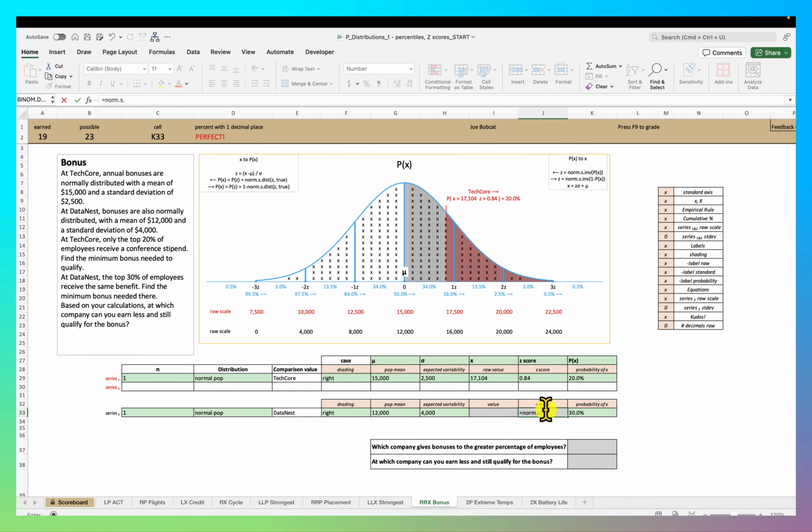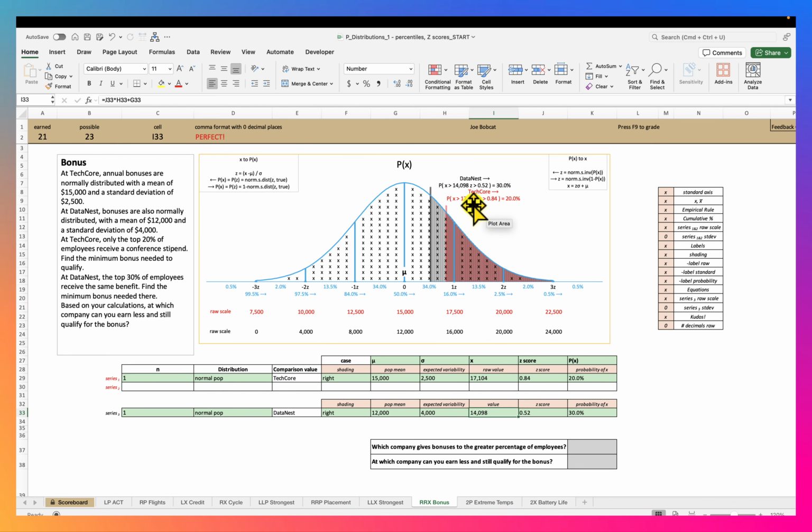Norm.s.inverse, 1 minus, since we're looking right. And then the x value that corresponds to that is z times standard deviation plus mu. So 14,000. So at DataNest, you only need to earn 14,000 and change to get the conference bonus,